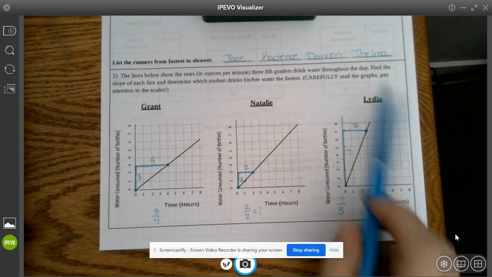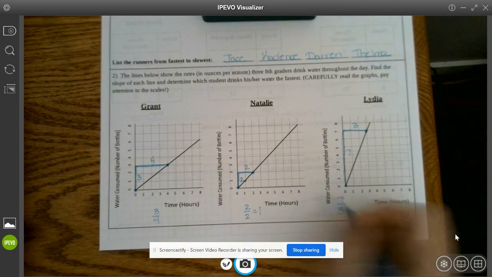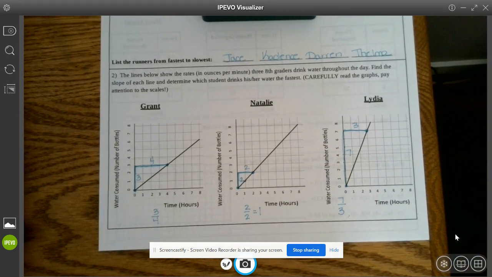Now the question asks, find the slope of each line and then determine who is drinking the water the fastest. If I were comparing these, this fraction is much larger than the other two, so Lydia is the one drinking the water the fastest. Now that you've seen how to do the original problem, you have a chance to do